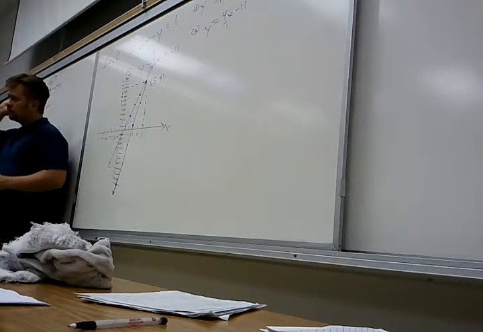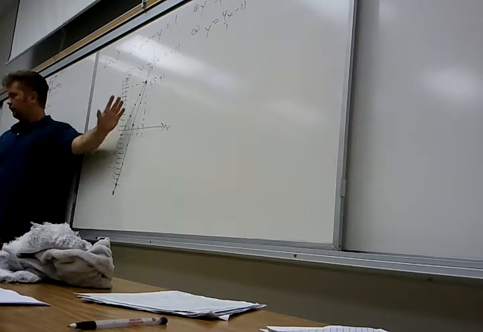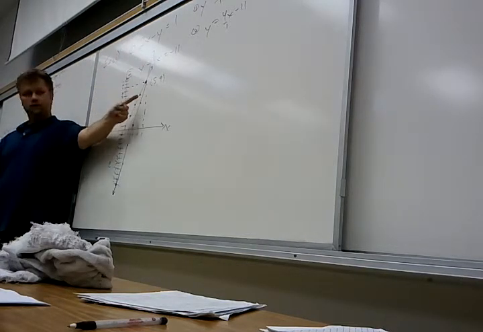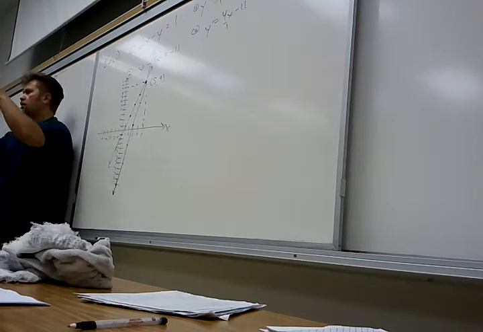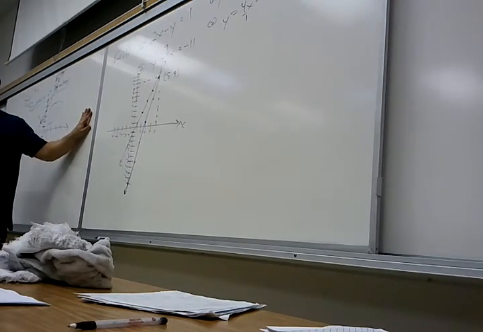Will there be problems where you plug in one, and it works in one line? If you find this and you did everything correct, it has to work in both. But if it doesn't work in one of them, that tells you that you graphed something wrong. You went the wrong way on the slope or something, right? It's just like checking an equation. If it doesn't work,